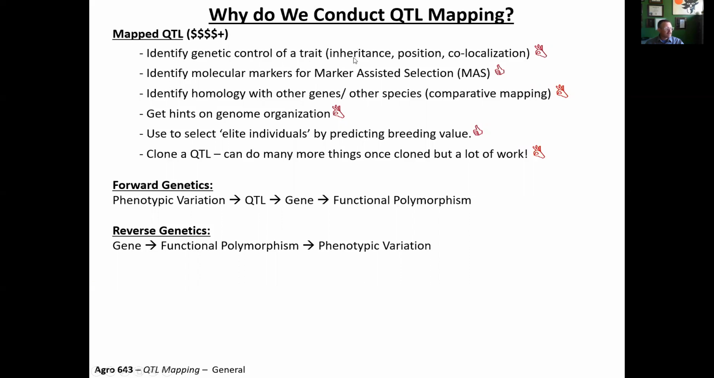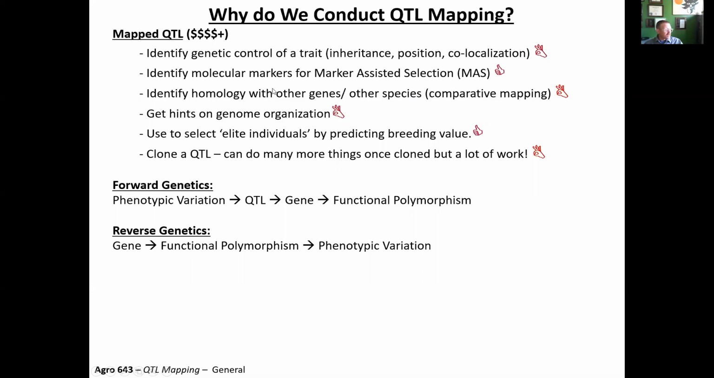So what's the inheritance? Is it inherited in an additive manner or a dominant manner? Where in the genome is it? What's the position? And what is it co-localized with? Which I'll show you an example of a little bit later. We also hope to identify molecular markers for marker-assisted selection. So you can't do marker-assisted selection unless you've already identified some loci to select on. In some cases, a much more academic topic is to identify homology with other genes or species in some type of comparative mapping approach, to get hints on genome organization,